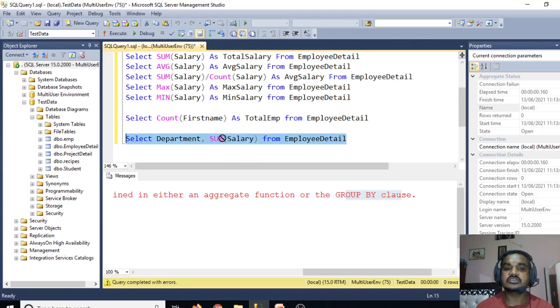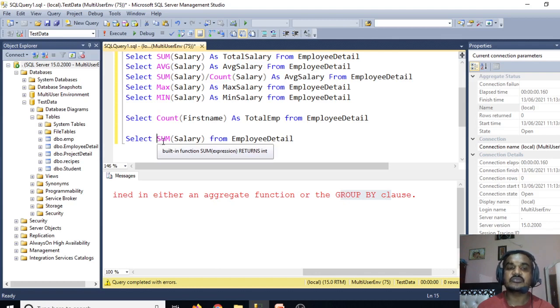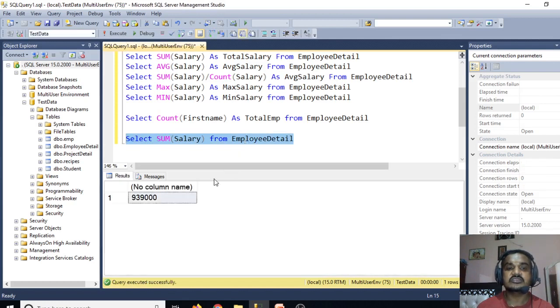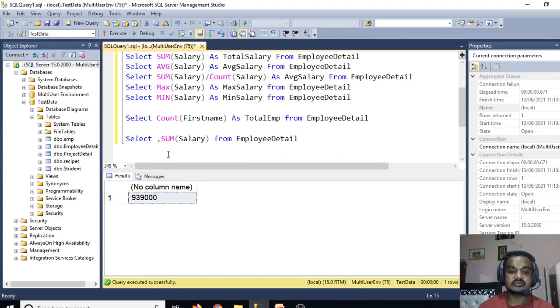Here we have written the aggregate function, but it does not contain the group by clause, because we want the sum of salary, but we want department as well. Either you write it like this, or you have to write group by with some other column, like department wise. So if you write it like this, what would be the result? The total sum of salary is this one, right? But we want department wise.